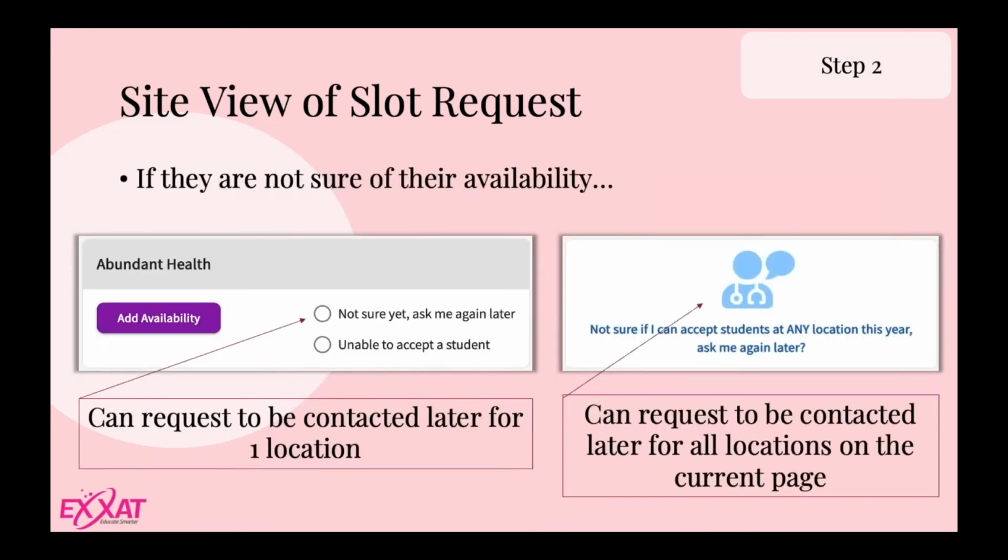Okay, if they're not sure of their availability yet, and they want you to call them later, what they're going to do is select this, not sure yet, and they'll be asked to request a date from one particular location. The other thing that they could do is they might not be sure for any of their locations yet, because maybe there's some staffing questions. So they'll have to click on this if they're not sure